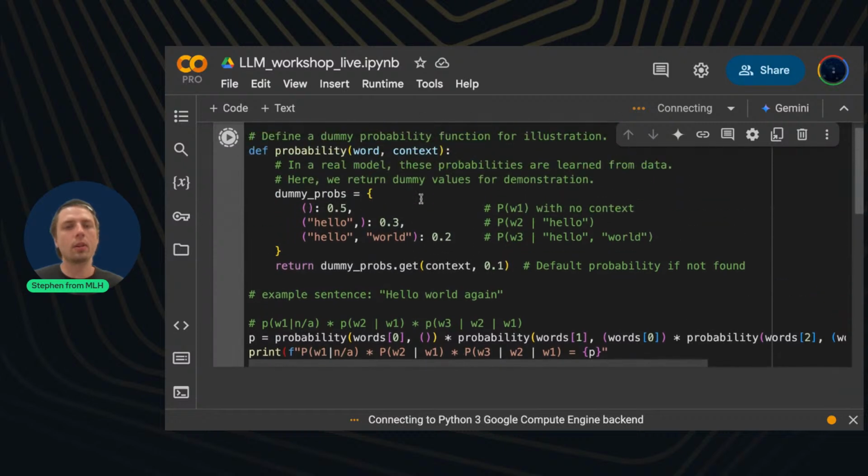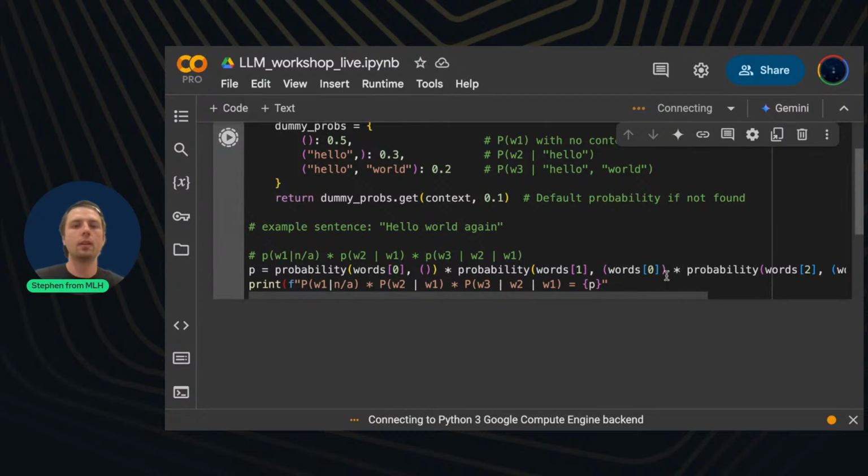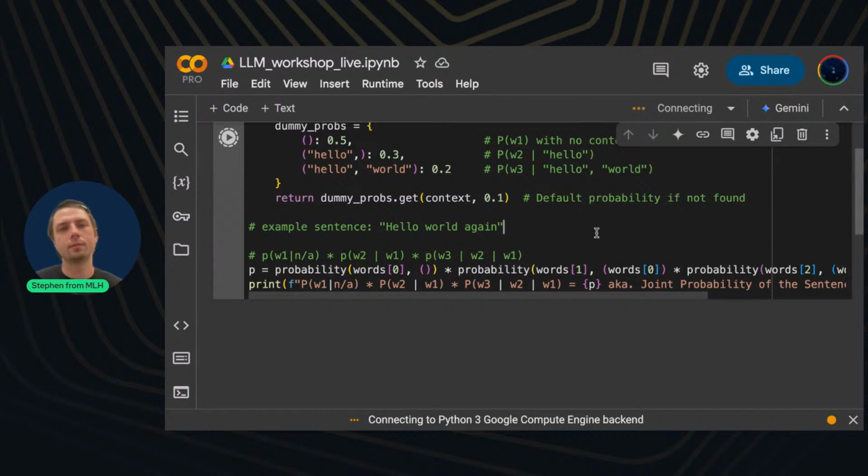So this is what we call the joint probability of the sentence. I'll write that too, actually. Oh, it didn't actually finish. Sometimes they finish on their own and sometimes they don't.